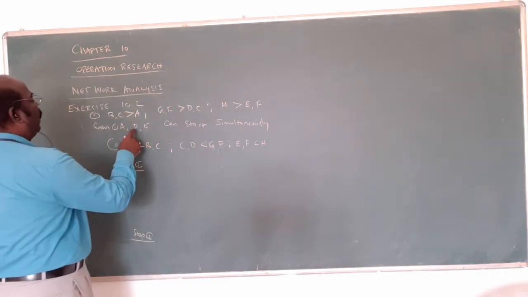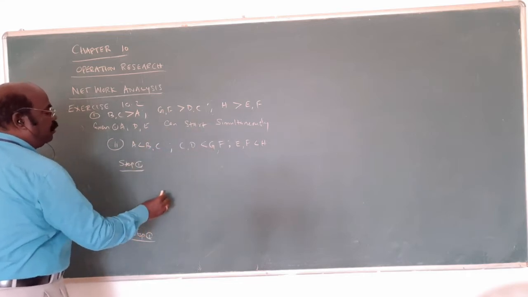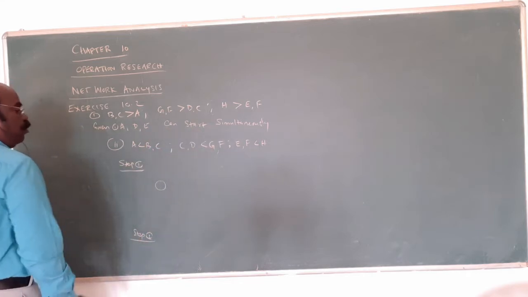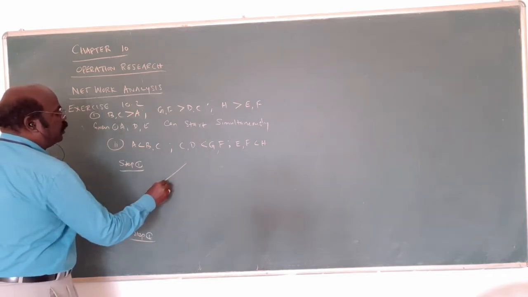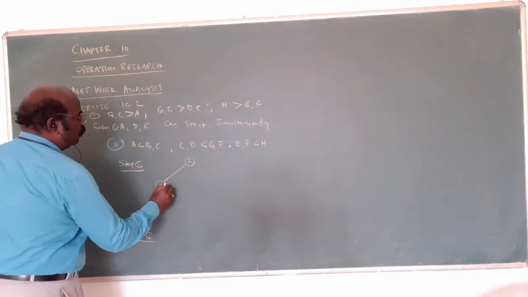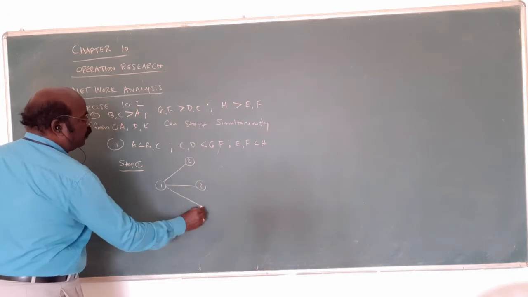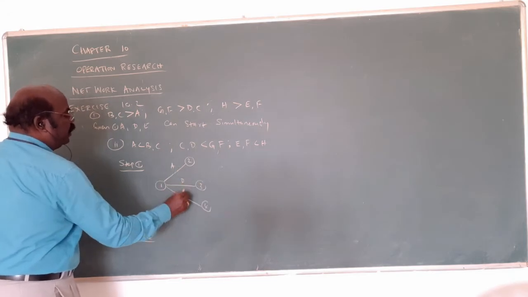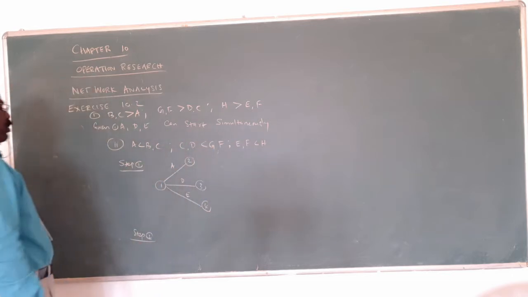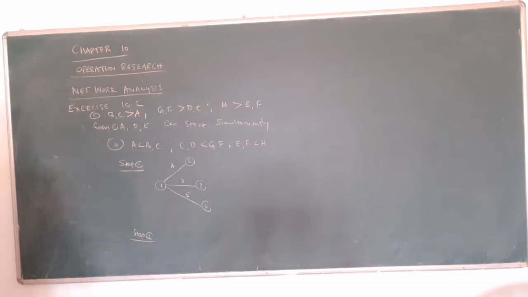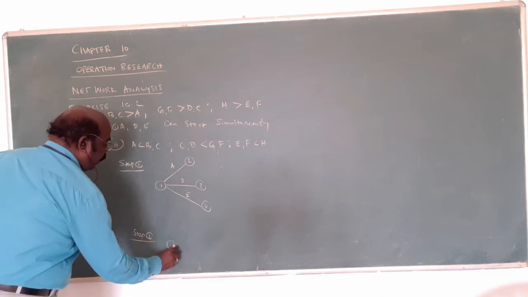What is that? A, D, E can start simultaneously. That means what? Let's suppose this is a circle, a small circle. Let it be 1. Here 1, here 2, here 3, here 4. A, D, E can start simultaneously. This is the first concept. Next, by the next condition, you get the answer. Now, next condition, what is the same diagram?